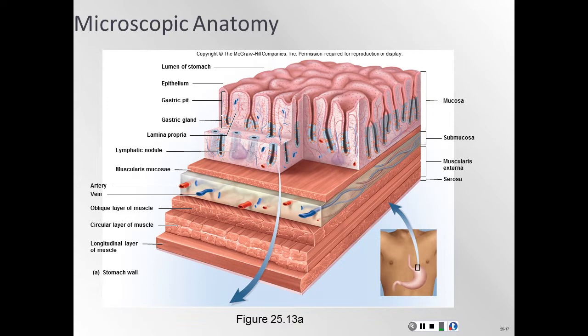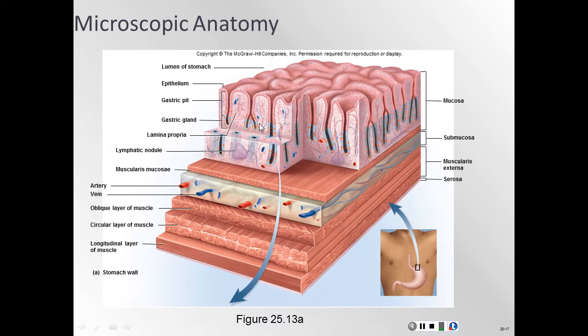So remember I showed you a few slides back the stomach with the rugae. That's what it's going to look like when it is empty. We're talking about those ridges that we'll find within the mucosa and the submucosa. Now the lamina propria is almost entirely occupied by the tubular glands,